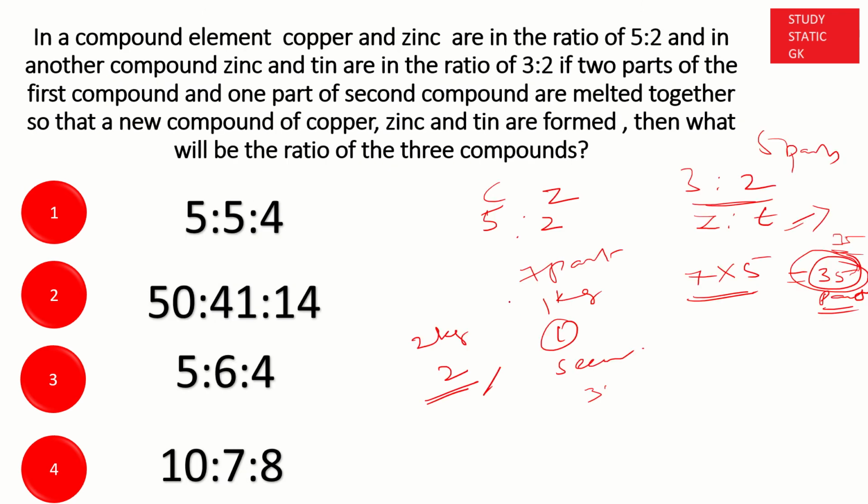Keep aside 50. And again, automatically the next zinc will be of 20 kg, right? If it is 50 kg, then zinc will be of 20 kg, right? So what's happening here? So 50